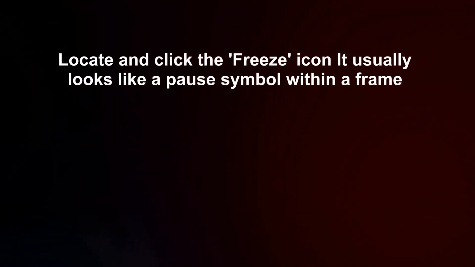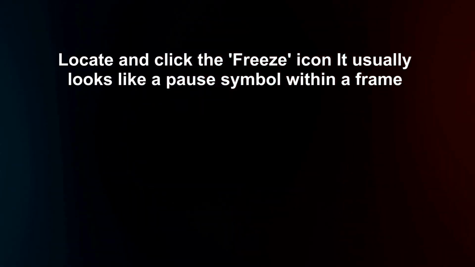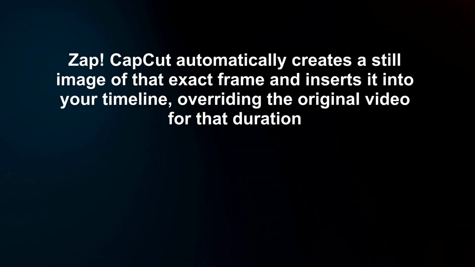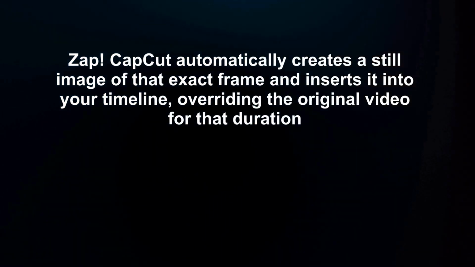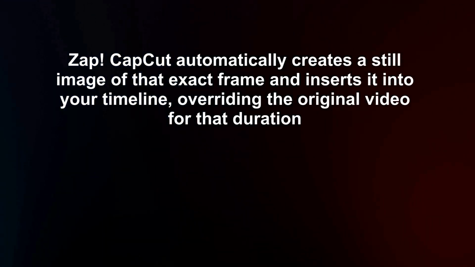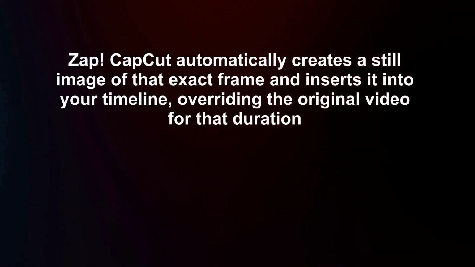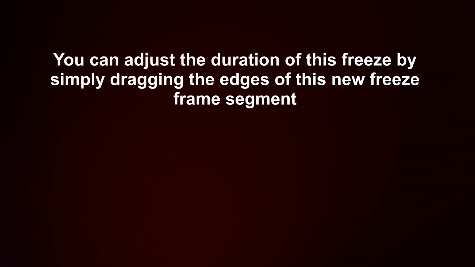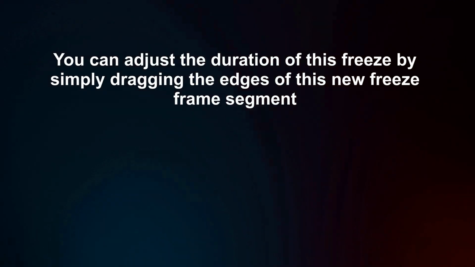Locate and click the freeze icon. It usually looks like a pause symbol within a frame. Zap! CapCut automatically creates a still image of that exact frame and inserts it into your timeline, overriding the original video for that duration. You can adjust the duration of this freeze by simply dragging the edges of this new